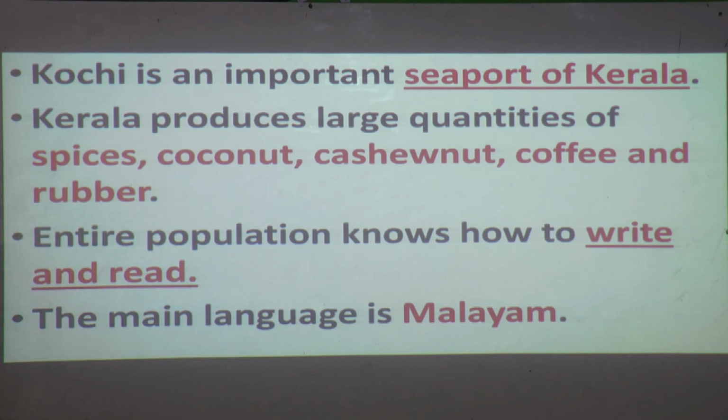So I will explain first what spices are. Spices are what your mother prepares at home in making curries. And coconut, you all know coconut and cashew, you all eat that. Yes, in dessert also we prepare cashew nuts. Coffee powder, coffee you will drink, correct? And rubber. So let us see that.